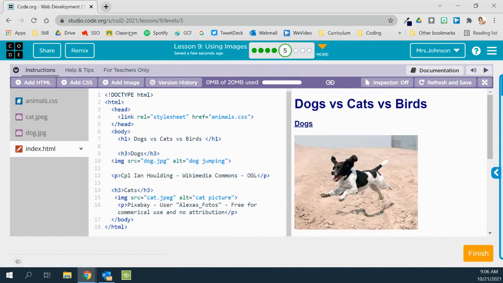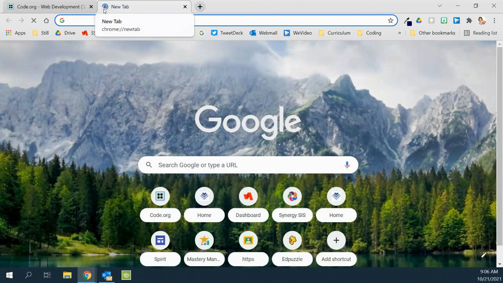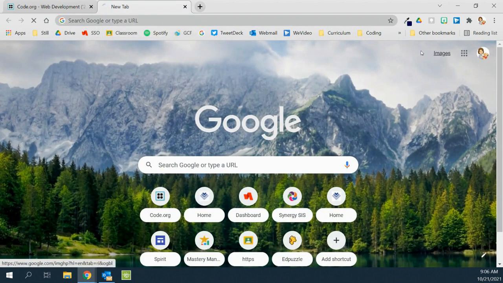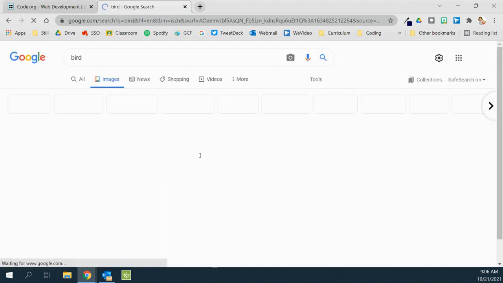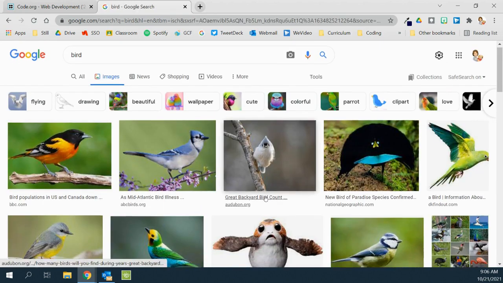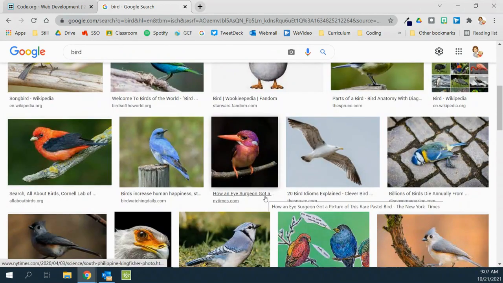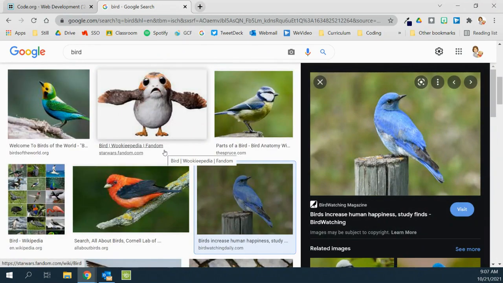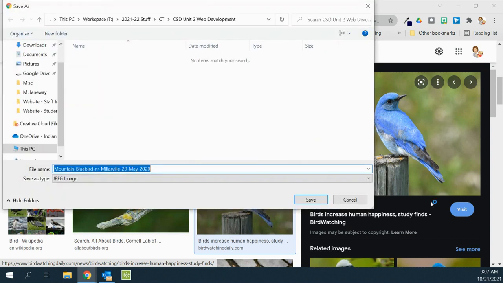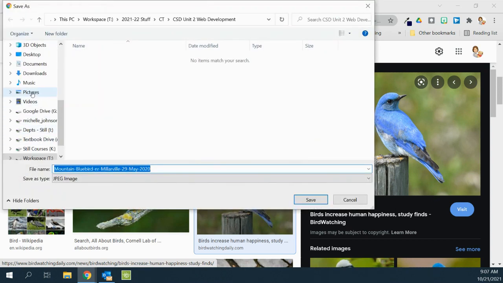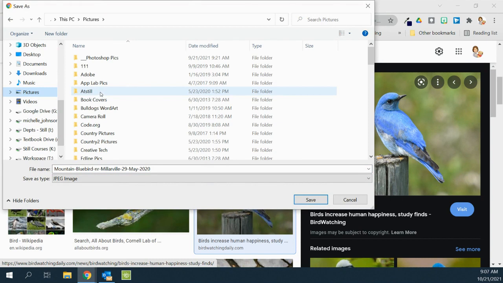There we go. So I'm going to go over to a Google image search. So I'm going to go to my Google. I'm going to go to images, and I'm going to look for a bird. And I like this one, so I'm going to click on it. I am going to right click on it, say Save Image As. I'm going to make sure it is in my picture folder. And I am also going to make sure that I put it into, well, that's okay. I'm just going to call this